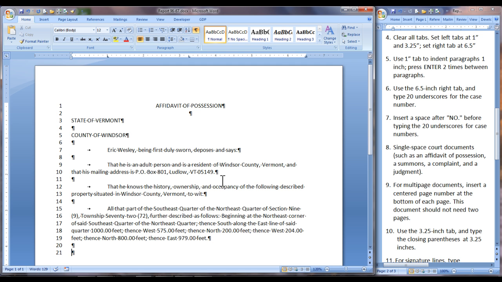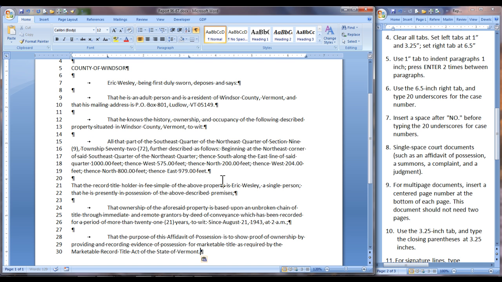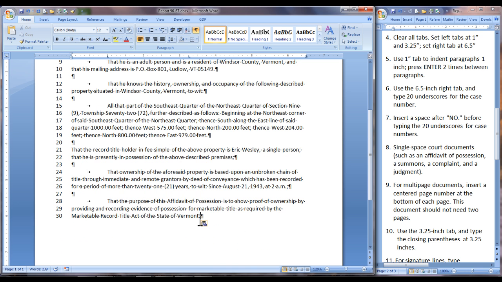All the remaining paragraphs before the date line are going to have one blank line between each one. I'm going to go ahead and paste those in. You should type those just as we did the first 4. Okay, on my line 30, after this last paragraph, I'm going to hit enter twice. Use the 1-inch tab to type DATED in all caps, this, and then I space once and do 5 underscores, 1, 2, 3, 4, 5, space, day of, after Vermont period, enter 2 times,